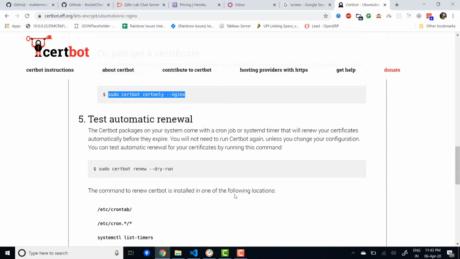You just select 1, 2, 3, 4, which domain, and then it will ask you if you want to redirect the non-HTTPS users to HTTPS. You can say yes or no. If you say yes, then people who are not entering HTTPS will automatically be converted to HTTPS. And if you say no, then you have to manually type HTTPS in the browser, else you remain on HTTP. It will automatically change your Nginx configuration file to reflect the changes, and within 2 minutes you are done.